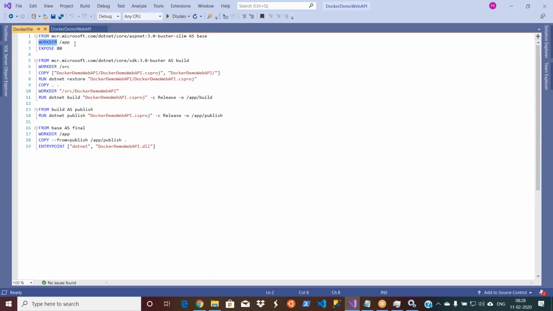In the same way, you need to set up some folder on the Docker image as well. My working directory is app. You give a slash because your image may run in multiple places, and if you give an absolute path like C: users, it may not work. So you always have to give a slash, that means a relative path, and then expose. I am saying that when my image is executed, it will run on port 80.